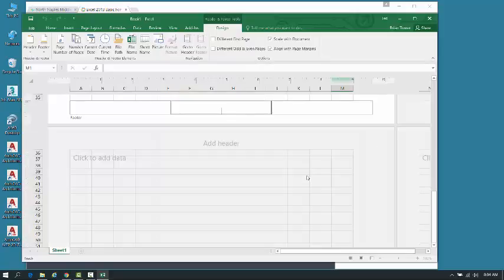And when you say go to footer, you're going to notice that Excel actually has 3 footers: a center footer, a left footer, and a right footer. And a footer is just a way that you can actually put notes in your Excel spreadsheet. Okay, so it says that once